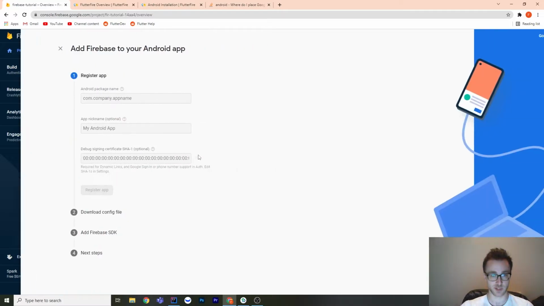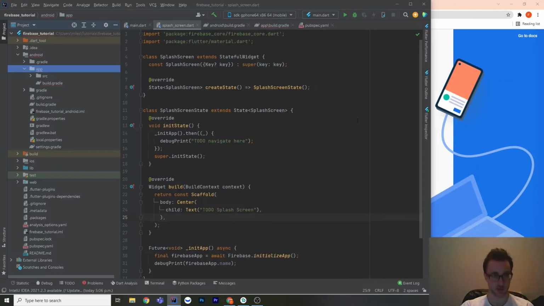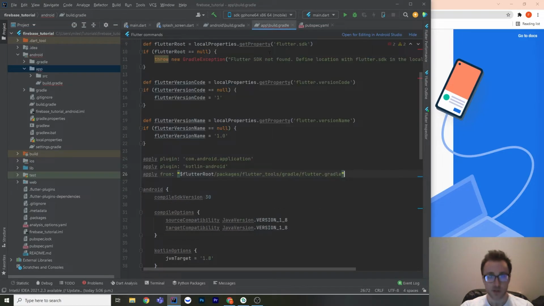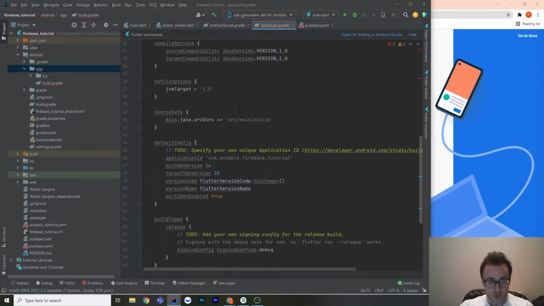So we're going to do Android. So you need to use your package name, and we can find that in one of the Android files. I can't remember which one. This one. Okay, so it's the app level build.gradle. It's here,